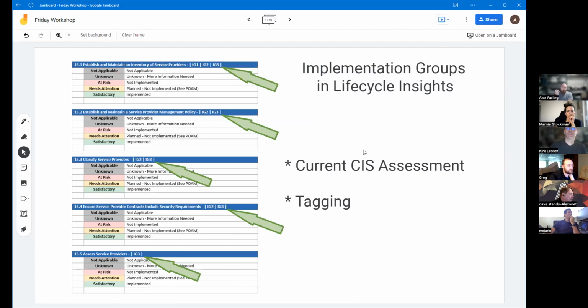And the last slide I have for you guys today is literally just talking through how I documented this in the platform. So when I went in Lifecycle Insights to build the CIS assessment, the CIS 18, which is really 100 and some questions because they're moving the needle on us here, the CIS 18 breaks things down into implementation groups. So if you notice right here, we have this question falls into all 3 implementation groups, which really just means it's an IG1 question and you answer it in implementation group 1